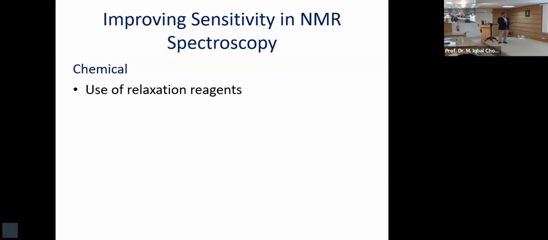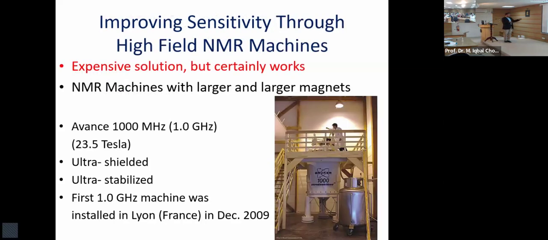These are some of the methods to improve the sensitivity, right? There may be other methods like that. And if you go to high field NMR machines, now this is an outdated slide to be honest, because this is what I saw in 2009 when I went to Lyon, France. My very old friend was working in the natural product industry. And in December 2009, this machine was installed. This was the first 1000 megahertz machine